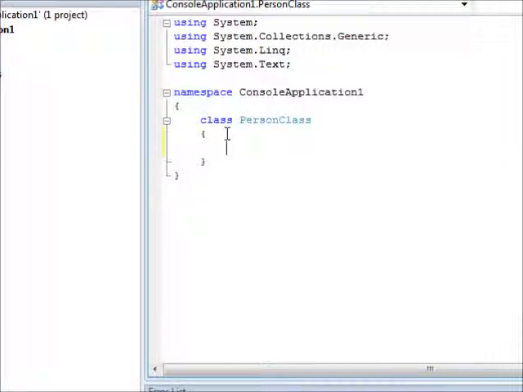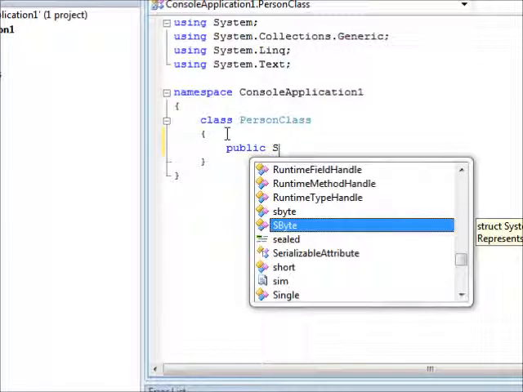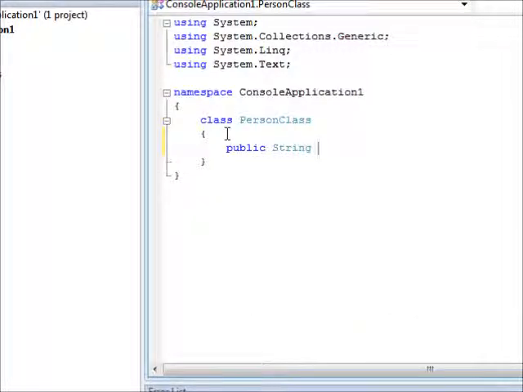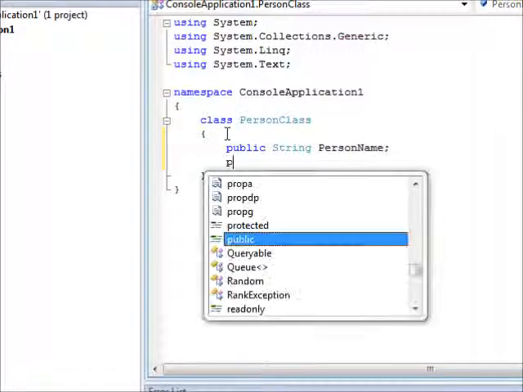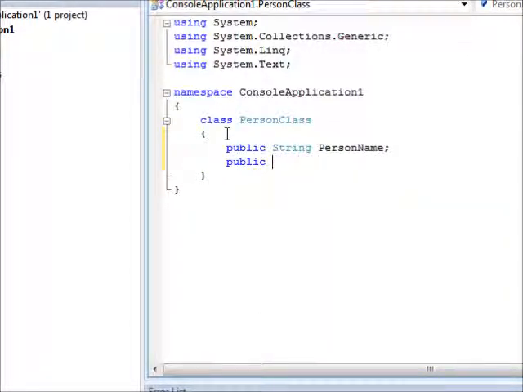The thing we used to do is writing something like this: a public string personName; and a public integer personAge;